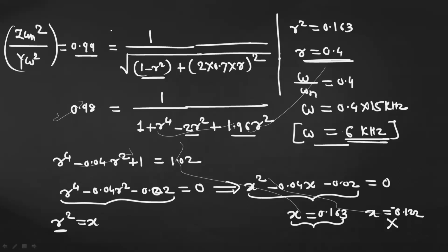Now we can take the value plus 1%. So just replace this value with 1.01. Again solve this equation, find the value of r, and then find this value. Okay, so complete the remaining calculation by taking the ratio as 1.01. So this is for the first calculation, 0.99, and the answer is 6 kilohertz. So we will expect some problems in the exam based on these errors. So this is for the accelerometer.